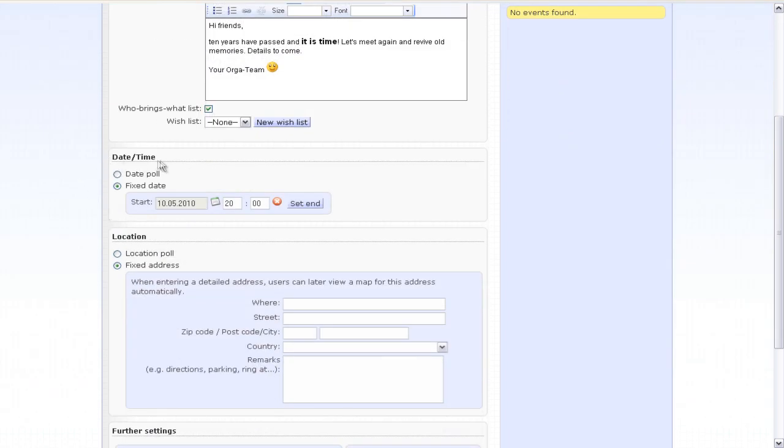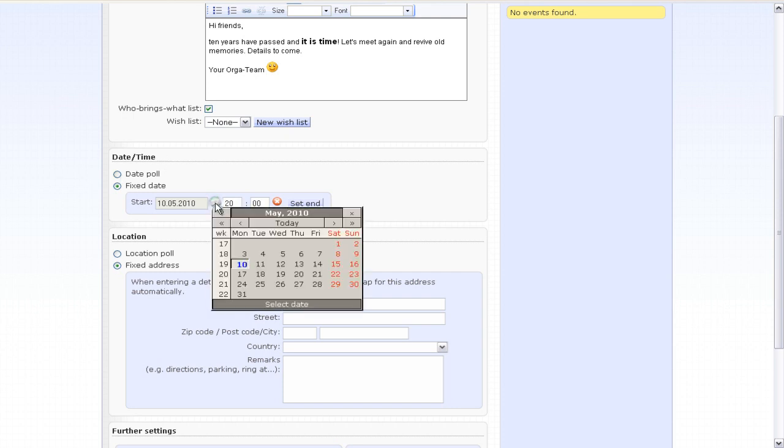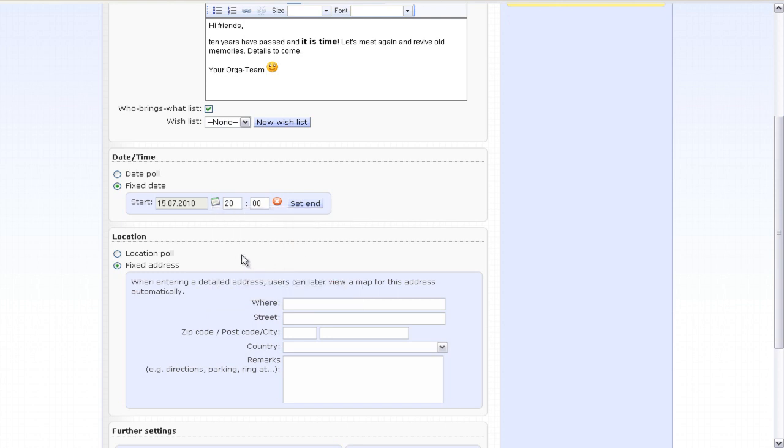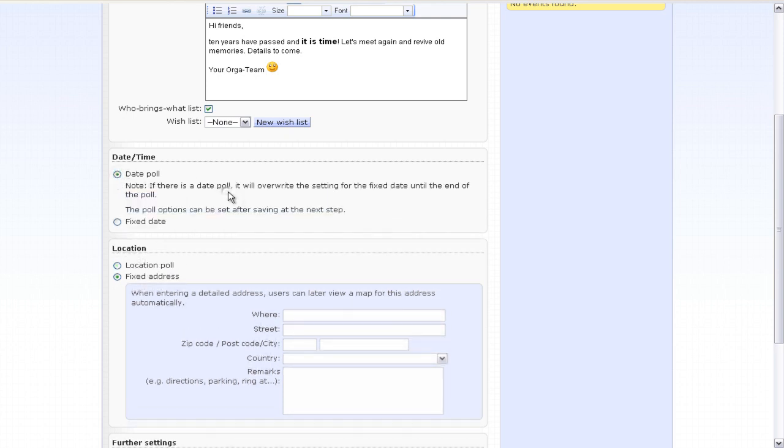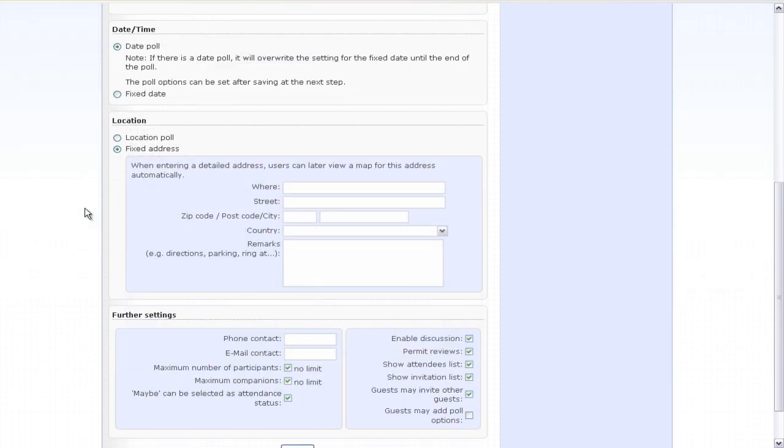Next thing is date and time. When are you going to meet? We could pick a fixed date, so we have this nice calendar. We could say, yeah, we meet sometime in, I don't know, July. But since we don't have a date already, let's make a poll and ask the participants when it's best suitable for them. For the location, okay,